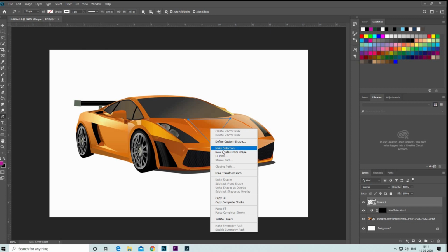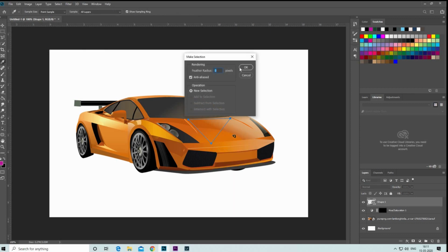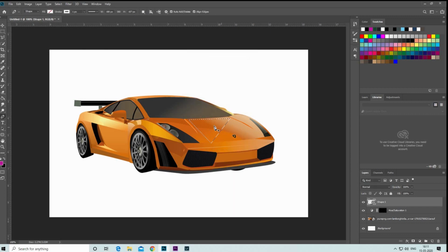Now right click on this and select make selection and press OK. Now this area has been selected. Now click on the hue saturation layer and press Alt and Backspace with the foreground color set to white. Don't forget to convert your foreground color to white.